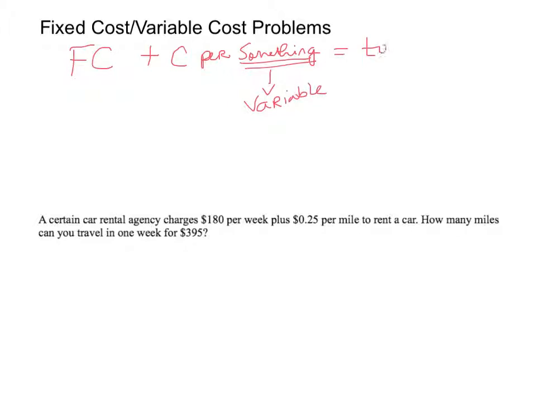That's going to equal a total. Per always means multiplication. So basically, in a fixed cost, variable cost problem, you're always going to have some number plus a number times a variable, and that's going to equal a total that's given. So basically, fixed cost, variable cost problems